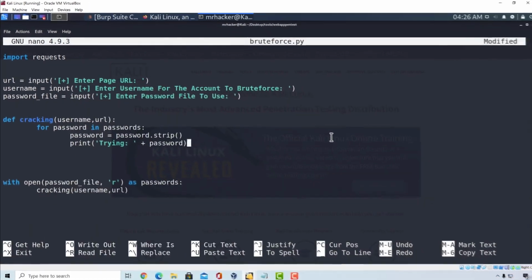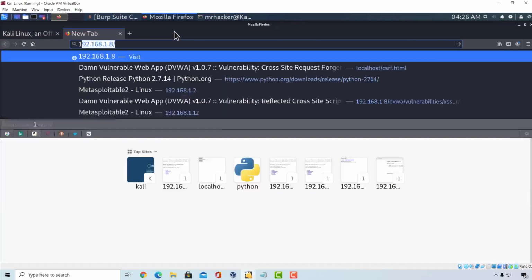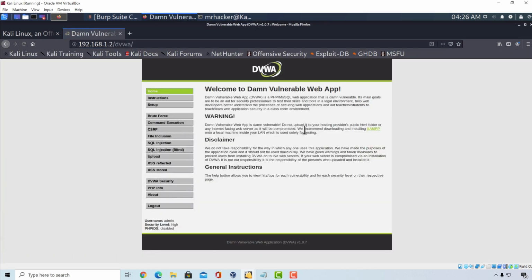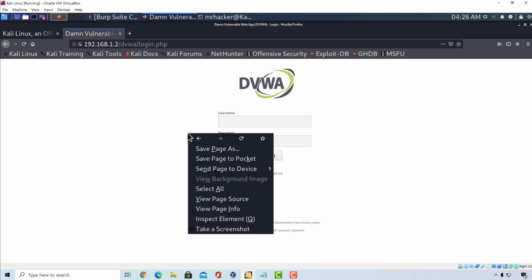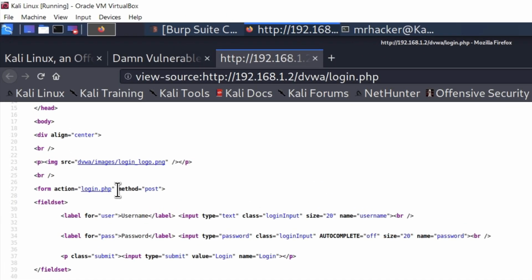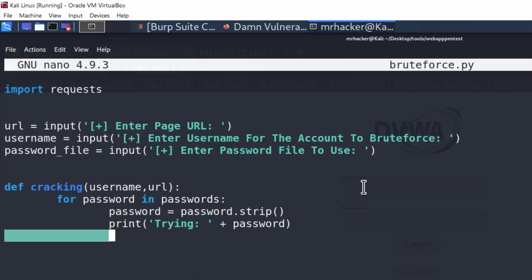So how can we do that? Well, in this case, since we're going to brute force, as usual, our DVWA login page first, if I log out, we know that this is being sent with post form. So the method of sending the usernames and passwords is post, and we can check that once again just by finding the form, and we can see that the method is post. That's why inside of our code, we're going to type